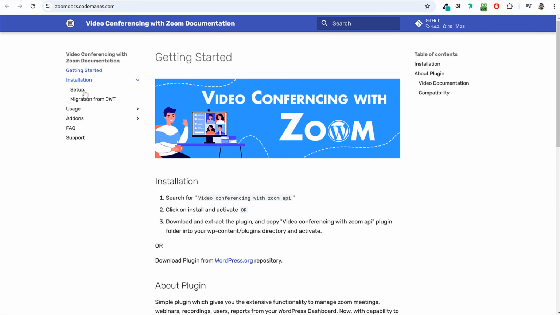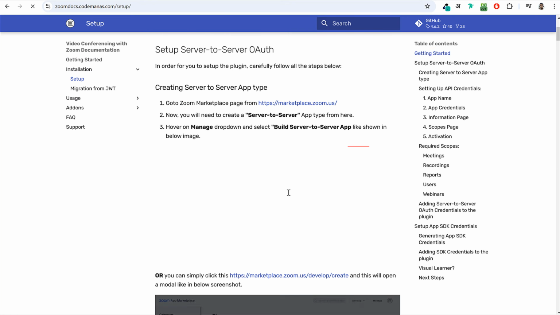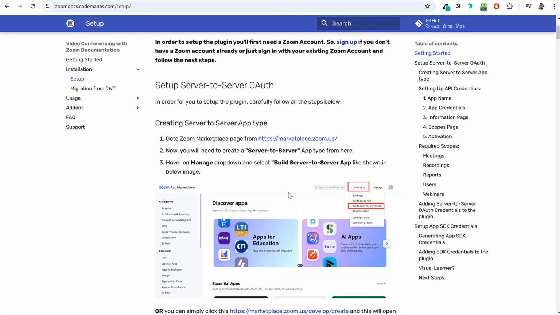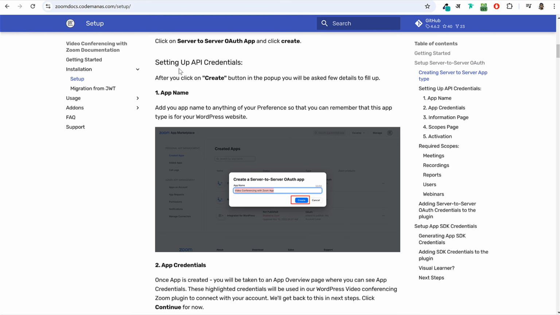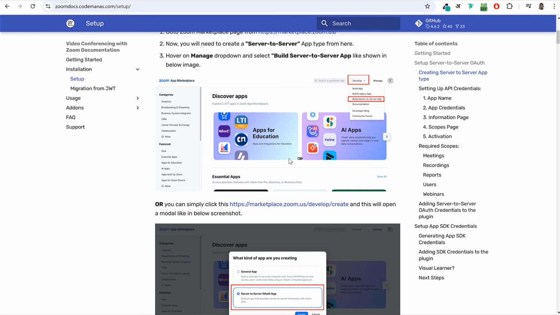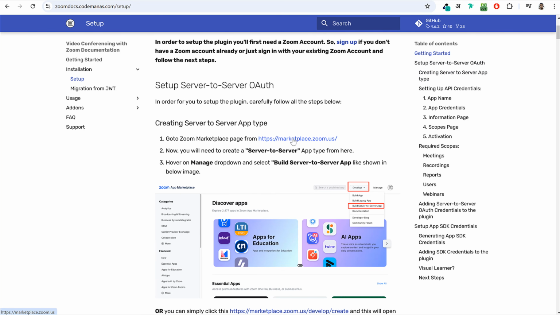You can click on installation, click on setup, and this is how they will show you how to do it. Now, in fact, I'm going to show you how to do it. Don't worry about this thing. You can just do one thing. Go to this link,